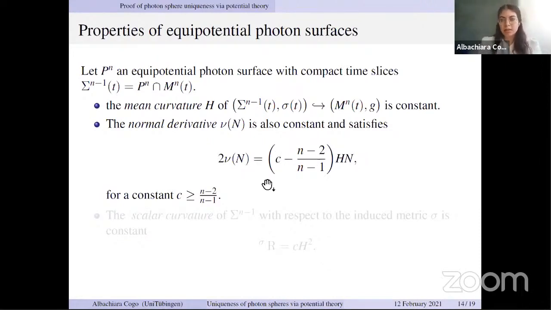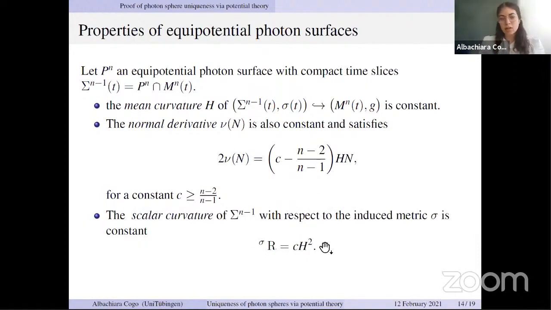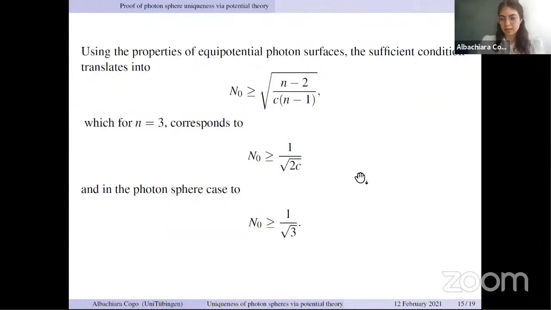This parameter c identifies the type of equipotential photon surface that we are considering. In dimension 3, if it's equal to 3/2, we have a photon sphere, which is just a specific case of it. And then finally, we also have that the scalar curvature is constant, and it's related to the mean curvature by this identity. So we are going to use these identities to rewrite the previous